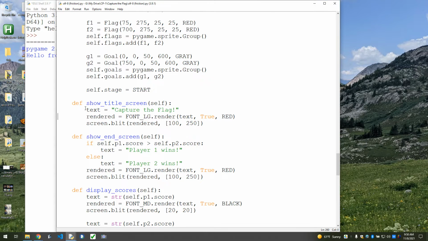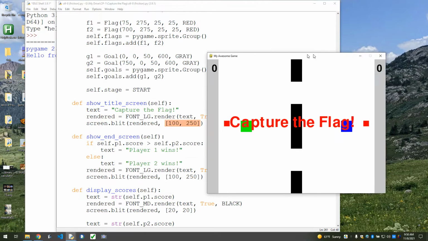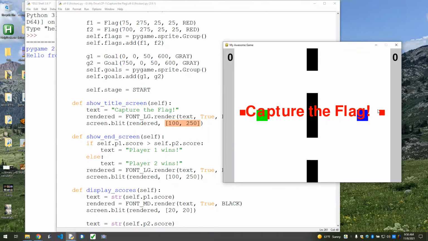And the way I positioned it in my show title screen section is, I rendered the text in whatever the large font size was. And when I blitted it to the screen, this position 100, 250 is basically just the result of some trial and error until I got it roughly in the center of the screen. And you can see it's not great because there's a little extra space here than there is over here, and it's